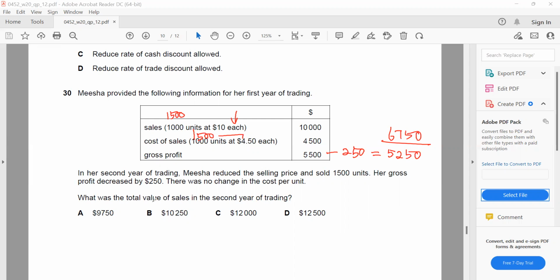Okay. What was the total sales value? So total sales value will be in here. So we take this plus, so we get plus 5,250. So the answer should be 12,000. So the answer should be C. Okay. Now next is